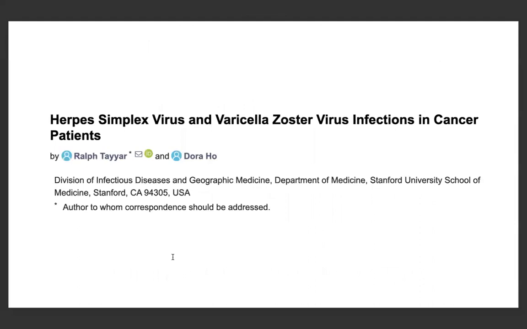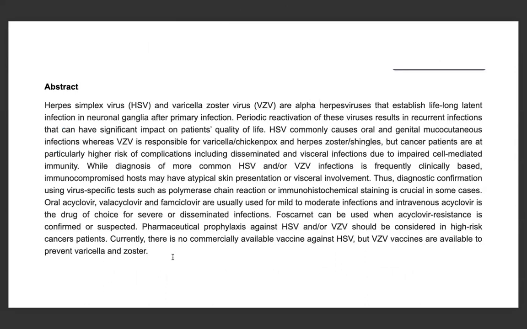Herpes simplex virus and varicella zoster virus infection in cancer patients. Abstract: Herpes simplex virus and varicella zoster virus are alpha herpesviruses that establish lifelong latent infection in neuronal ganglia after primary infection. Periodic reactivation of these viruses results in recurrent infection that can have significant impact on patient quality of life. HSV commonly causes oral and genital mucocutaneous infection, whereas varicella is responsible for chickenpox and herpes zoster for shingles. But cancer patients are at particularly high risk of complications including dissemination and visceral infection due to